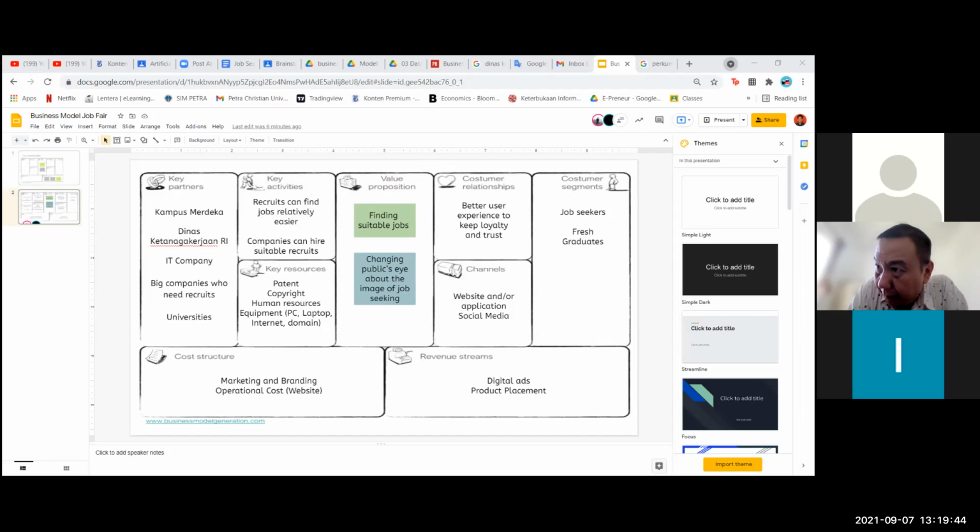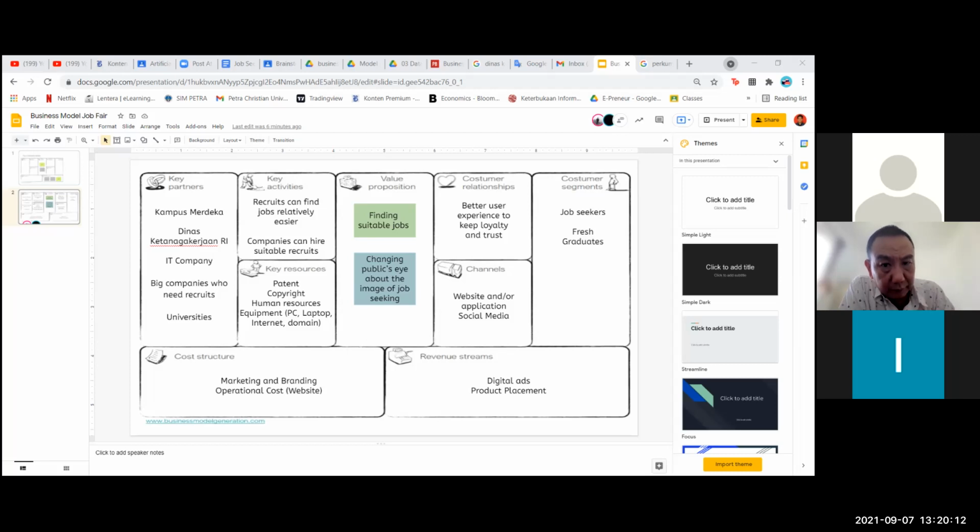And then for the key partners, the first one is Kampus Merdeka, because nowadays there are a lot of opportunities there, like magang and so on. So we can have the database for each company and for the universities.